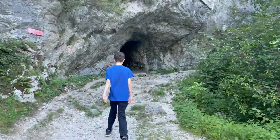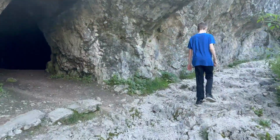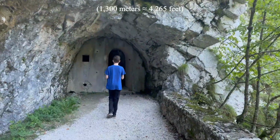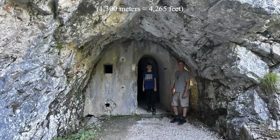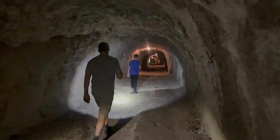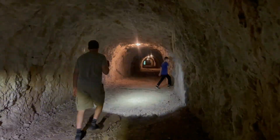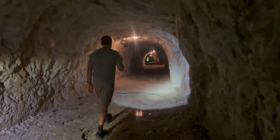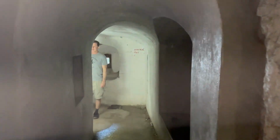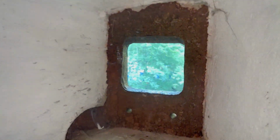Between 1897 and 1898, after Fort Kluže fell into disuse, Austro-Hungarian soldiers built a 1,300-meter-long access road, including a 113-meter tunnel connecting it to Fort Herman. The tunnel was made big enough to accommodate the largest cargo planned for the construction of Fort Herman. Later, between the two world wars, the Italians added concrete tunnel entrances and side rooms for machine guns as part